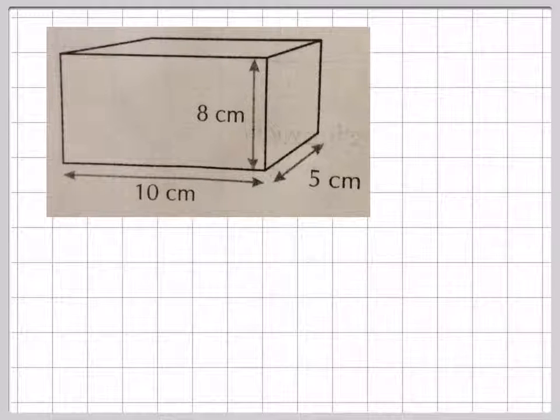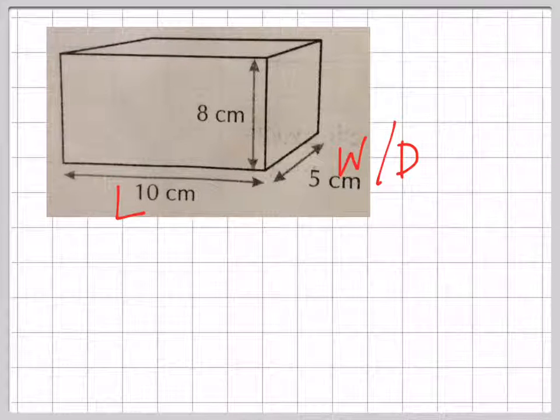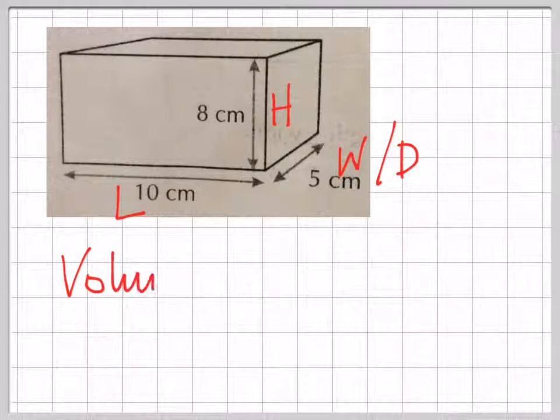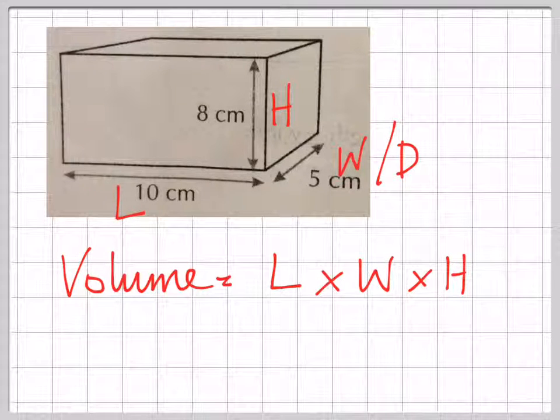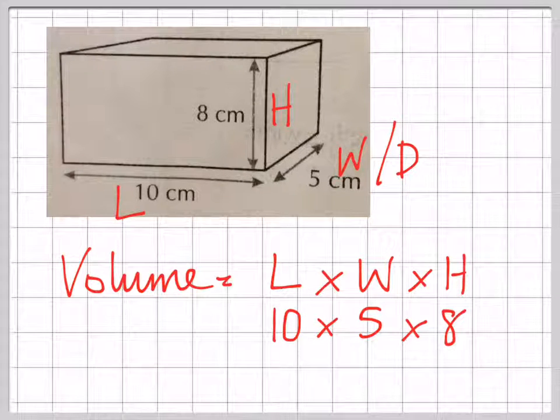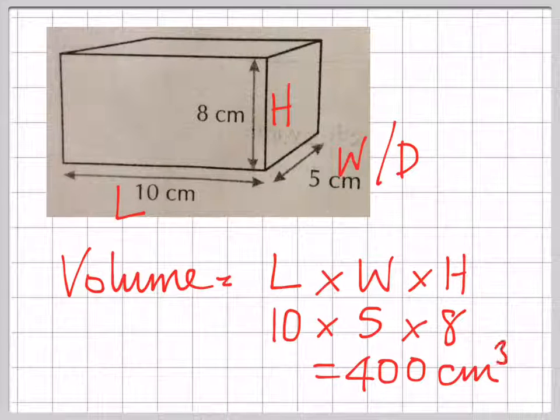Here we've got a cuboid which has 3 dimensions given. We have the length, we have the width, or some people call that the depth, and we also have the height. In order to work out the volume, which means the amount of space inside this shape, you need to calculate a multiplication sum. It needs to be the length times the width times the height. So here we'd have 10 times 5 times 8. 10 times 5 gives us 50, times 8 would give us 400, and the unit would be centimetres cubed,